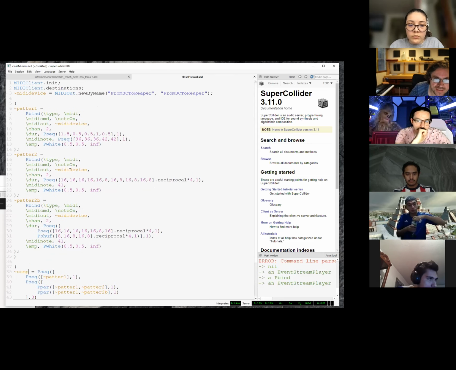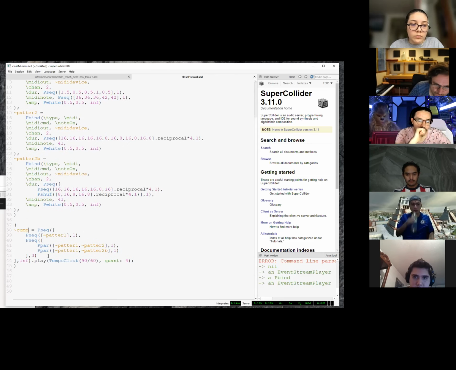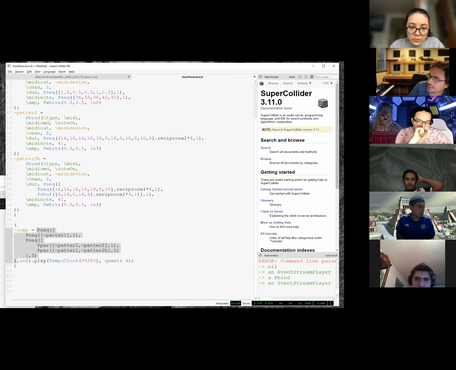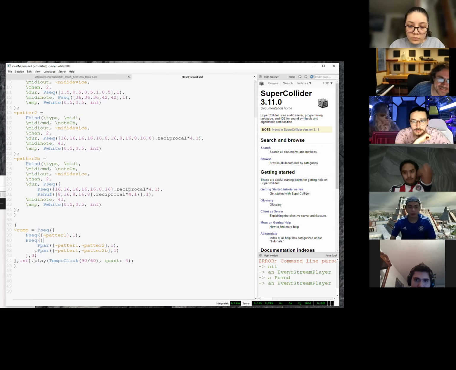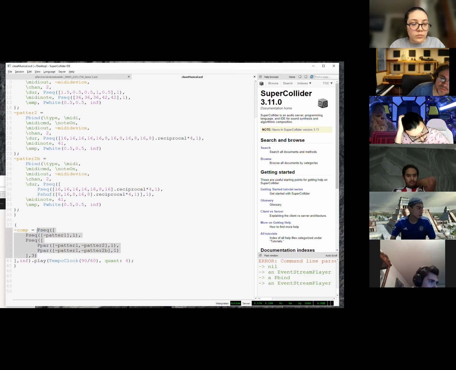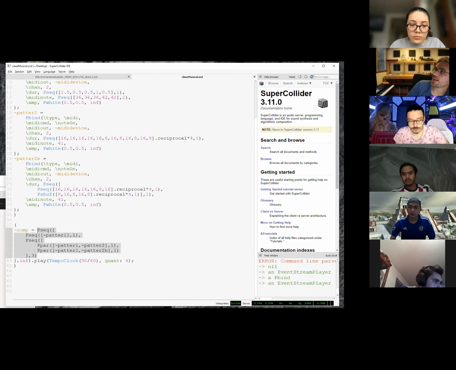I want you to see that this allows you to put things inside patterns, inside patterns, inside patterns. This is the technique that will let you do fancy things very quickly.